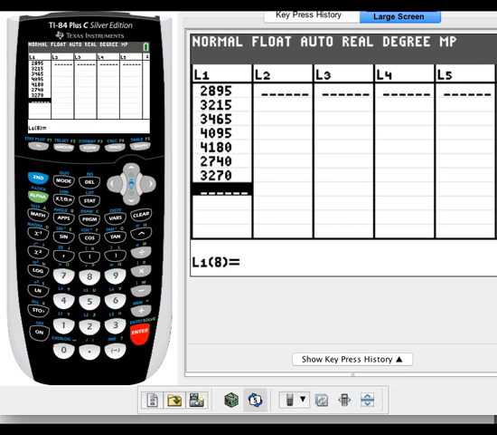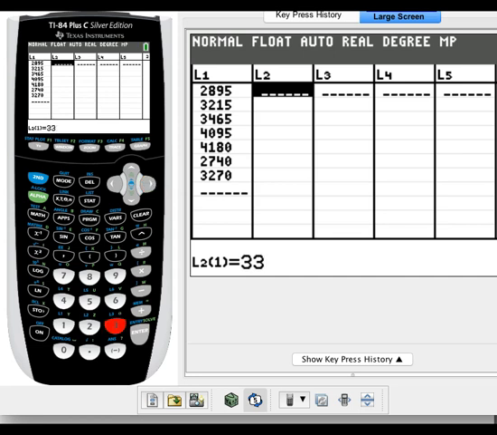Okay, once you've entered the entirety of a list, I very strongly suggest that you take the time to go back and double check it, because if you enter your data incorrectly, then your correlation coefficient is going to be wrong, your p-value is going to be wrong, so it's just worth the time to double check it. So I'm doing that now. 18027403270. Okay, I double checked them, so now I'm going to go over to list 2